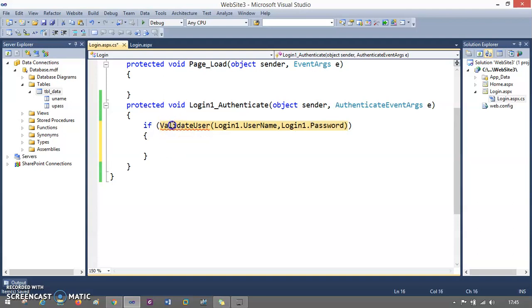And I have to create this validate user. So what you can do is put your cursor on this validate user, press alt enter, and it will, oh, it is not showing me. Sometimes it doesn't show you the inbuilt intelligence. However, you can create this validate user here in this part. So first of all, if validate user, and I'm passing two arguments, login1 dot username, login1 dot password, then